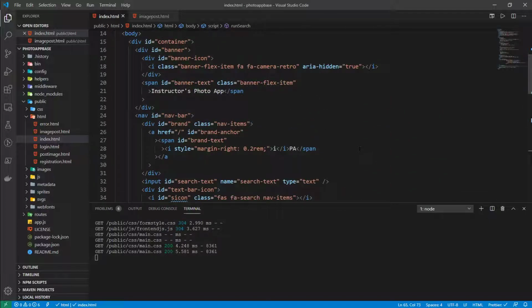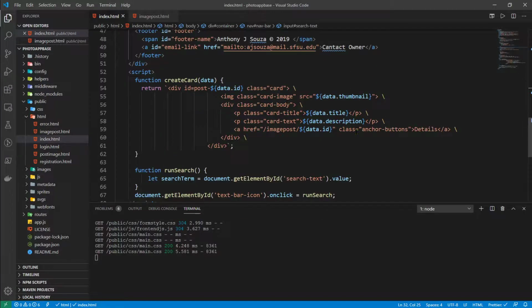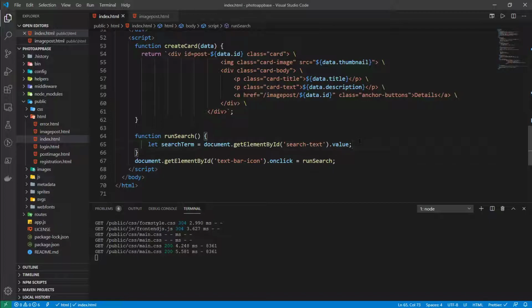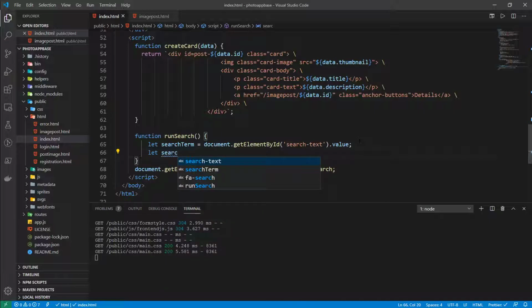So if we go up here and make sure this still is correct, search text input, everything's cool, so good. Bam. Now with this, we want to start performing a search. So I'm going to have let searchURL. You can do this all in one statement if you like, I'm just going to do multiple variables, equal to